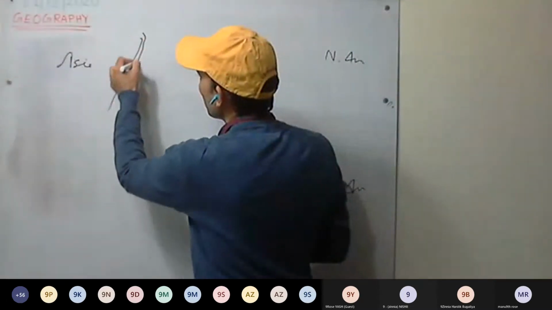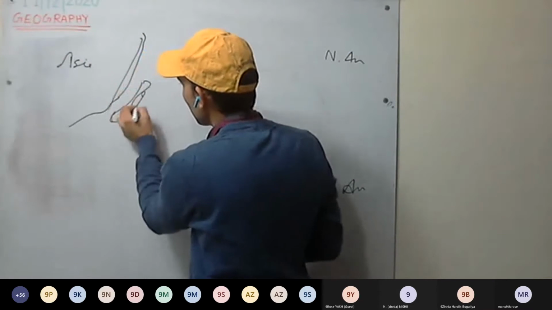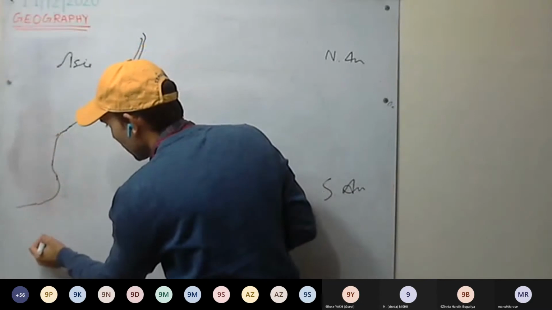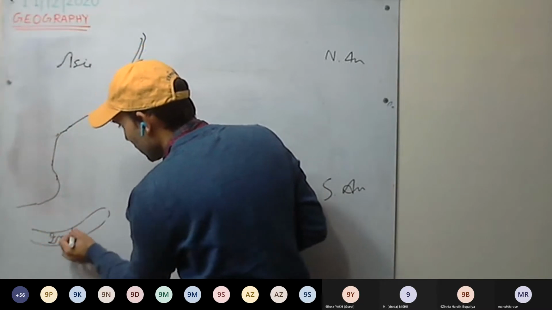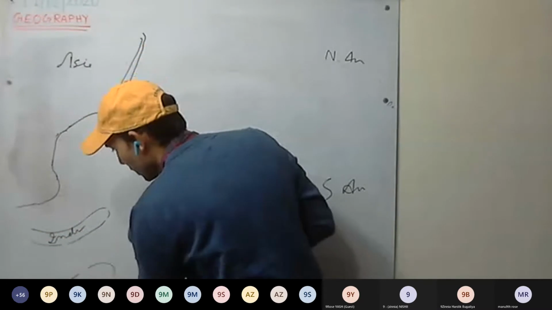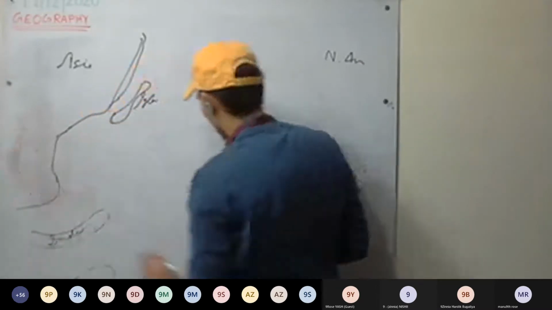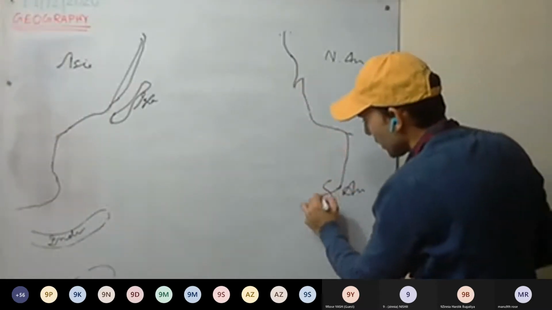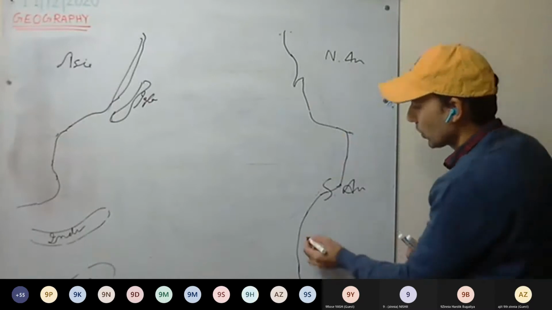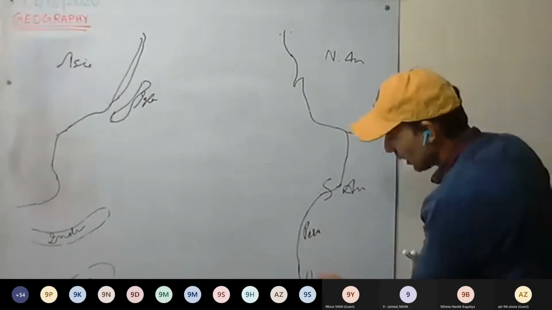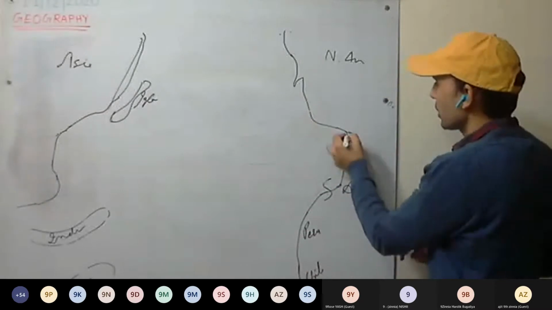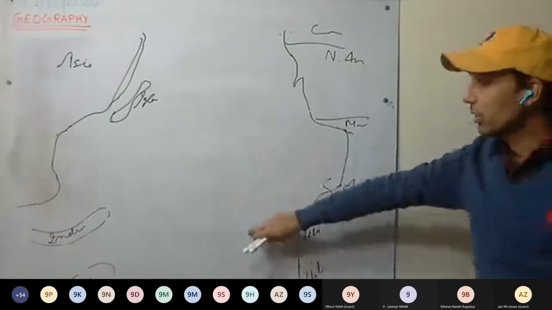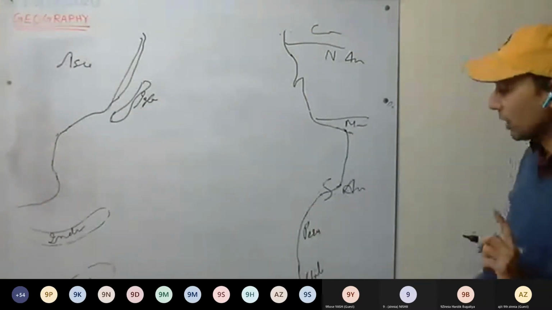Okay, so Asia, if I draw like this, here we have Japan, and then the China Sea. Here we have Indonesia, Australia somewhere here, India somewhere there. Here we have North America, then South America. Here we have Peru, Chile, and here Mexico and all, North America and Canada. Which ocean is this? The Pacific Ocean. Now see what happens.